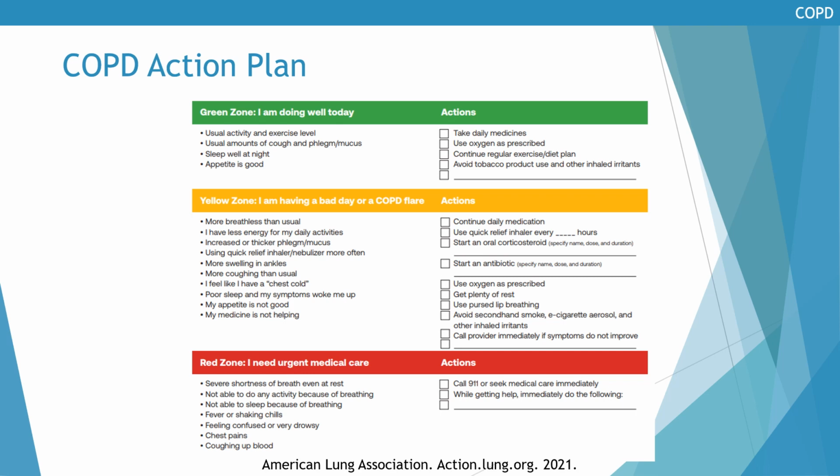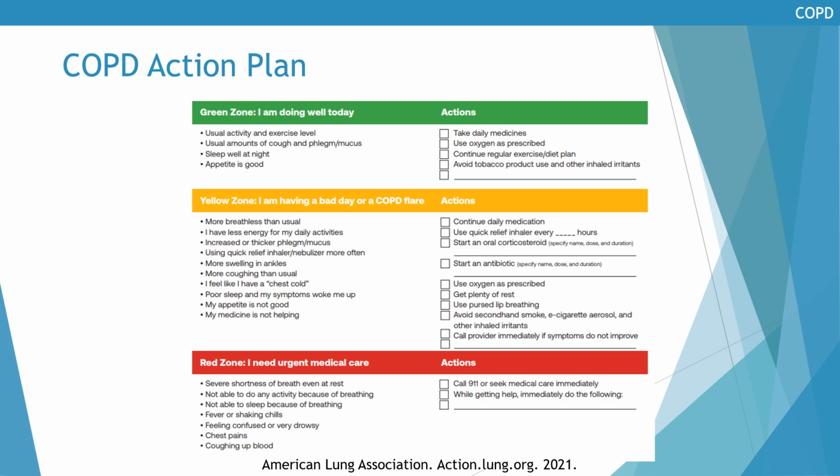One really useful thing to provide patients is a COPD action plan for how to manage exacerbations when they occur. Oftentimes, patients may have exacerbations and may not seek out care right away. So it's important for patients to understand what type of symptoms to look out for and whether or not that might be an exacerbation that warrants treatment. As you can see here, this is just an example I took from online. There's lots of different action plan templates that you can use depending on what your preference is, but you would help fill this out for the patient when you see them for either an initial or follow-up visit